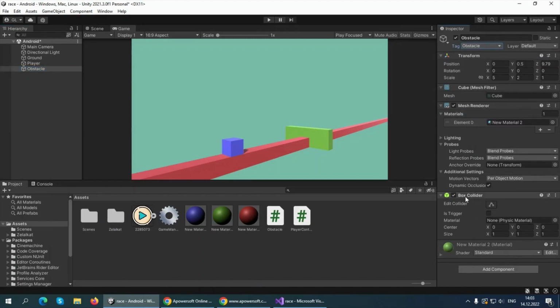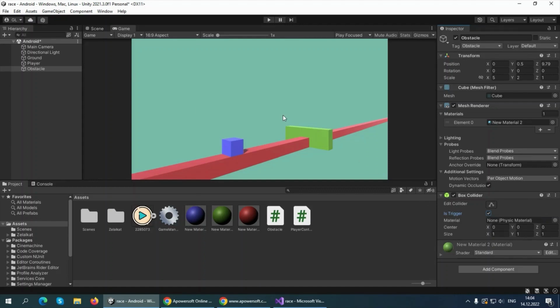Also, it has this box collider, and you see this is trigger. It's used to trigger some events. In our case, we need to tick it. Otherwise, it can't trigger our player. It can't basically kill our player, and we won't be able to restart our game. So just tick is trigger, and we are ready to go and make our player actually do something,